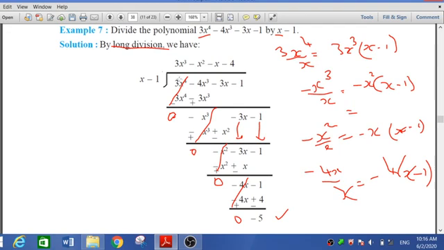Again I repeat this. Monomial divided by monomial, first term. 3x the power 4 divided by x, we can get 3x cube. In bracket I have to write x minus 1. Open the bracket, you will get first term. Afterward again we have simplified this. We can get minus x cube. Again minus x cube divided by x.